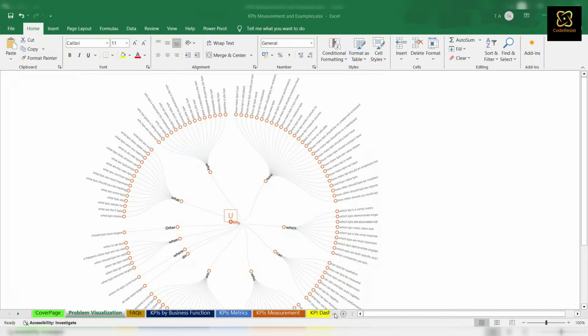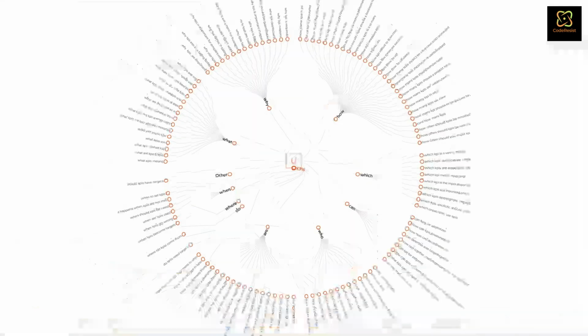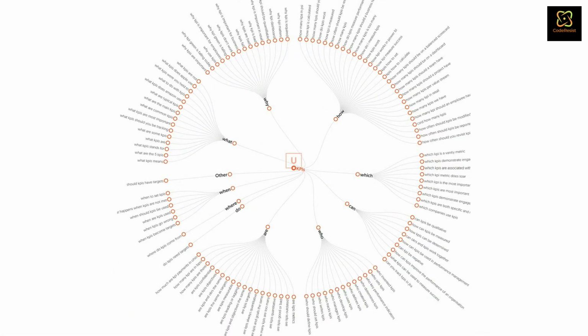When we first encounter the term KPIs, numerous questions often pop up in our minds. To address this, I have created a visualization of the problem. I use this approach whenever I want to grasp something new. By creating a problem visualization, I aim to understand all aspects of the issue at hand, in this case, KPIs. This method makes it easier for me to grasp the what, how, which, who, when, and where aspects of my problem. Then I diligently work to find answers for each of these problem statements. In this example, I have created a quadrant of KPIs that primarily focuses on the how, why, what, and who aspects.